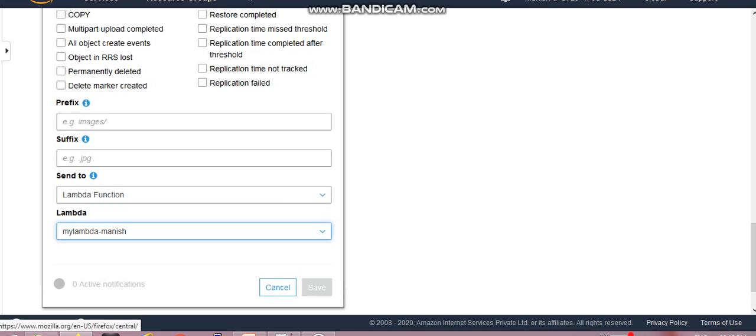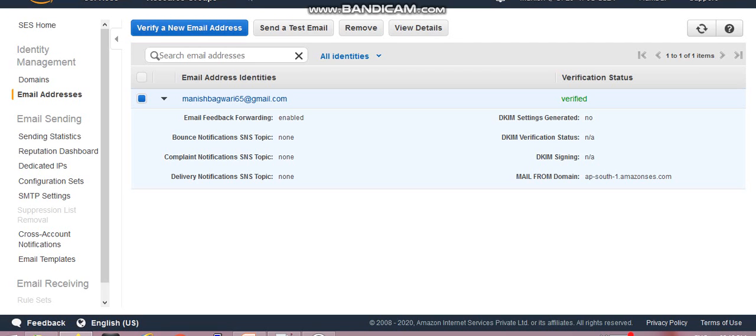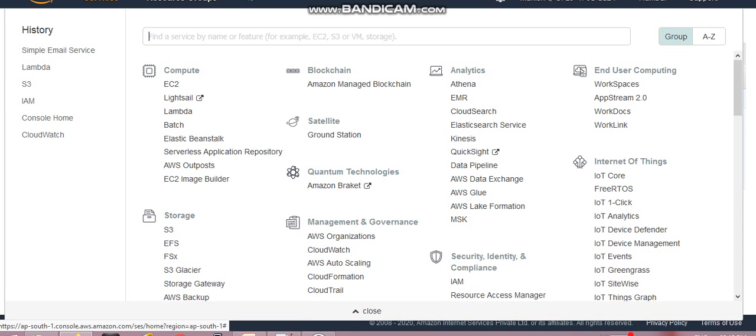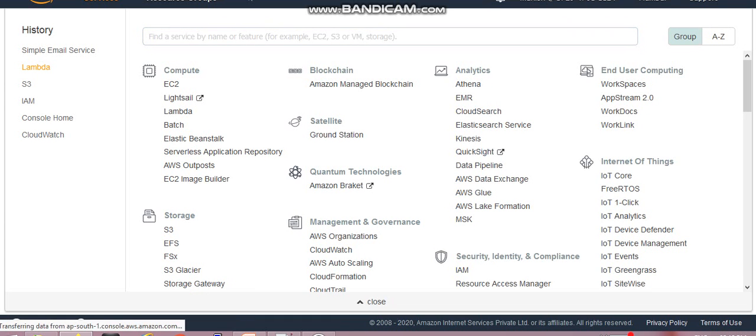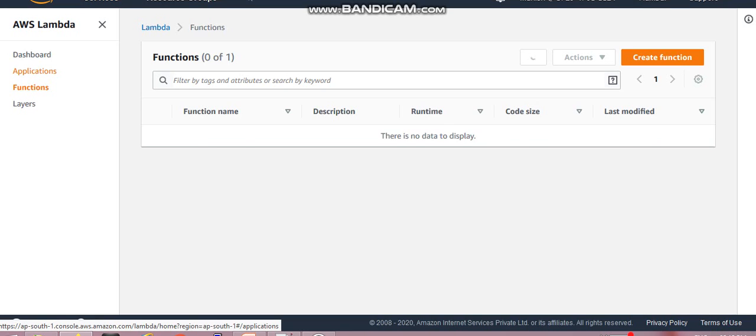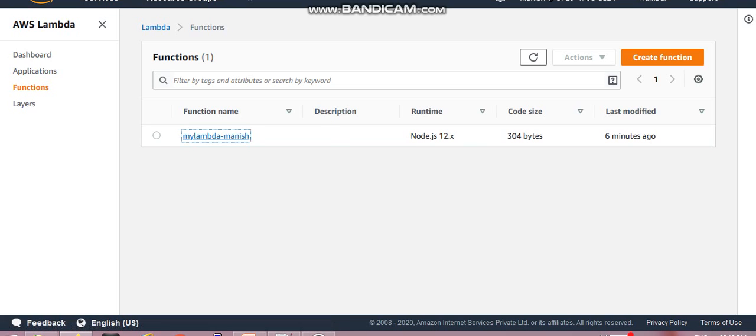Let's move to lambda functions. Here we already created the lambda function. Just select that.